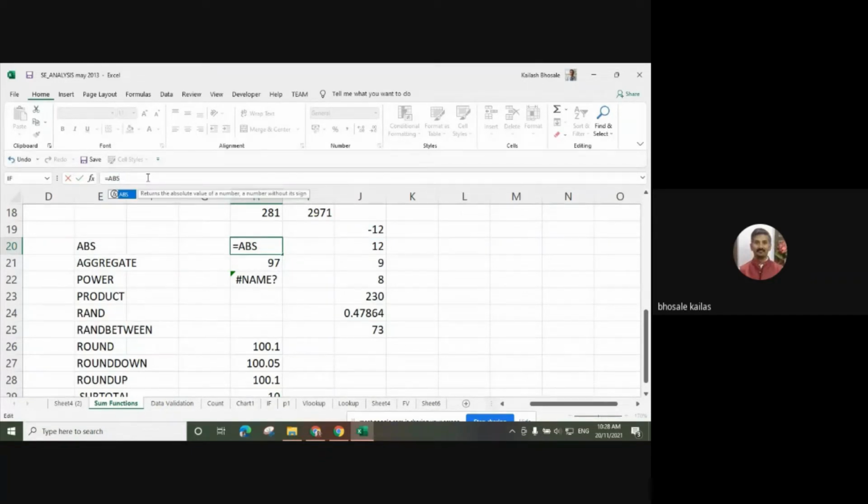When I type the ABS function, ABS means it returns the absolute value of a number without its sign. So it will generate the absolute value of any number. Write down ABS, then open bracket, select this number, and press enter.